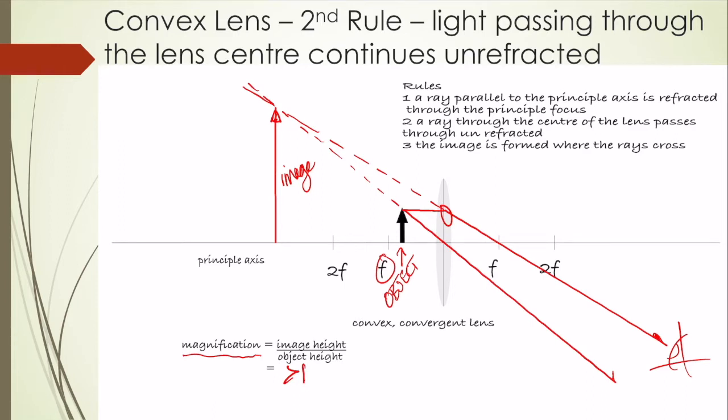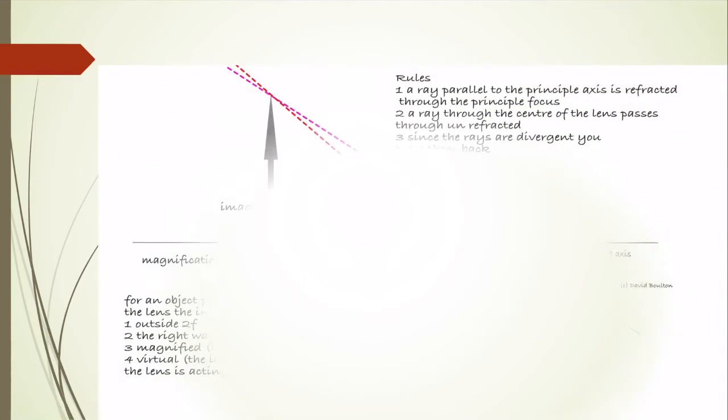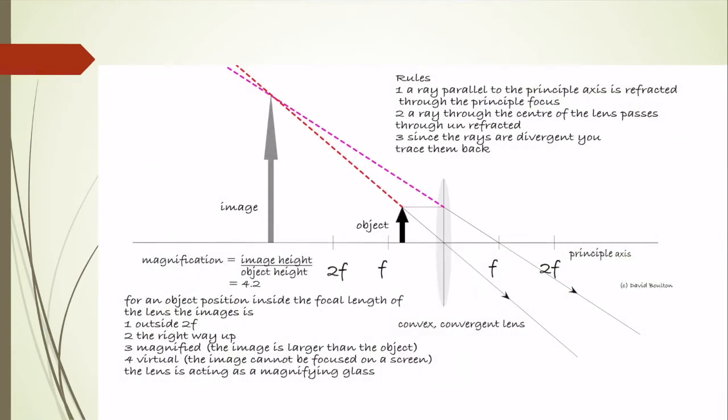It's virtual. We couldn't put a screen at this point here and focus an image onto it. It's a virtual image. It's the right way up, and it's outside 2F. There's 2F and it's outside 2F. Let's have a look now at a proper diagram accurately drawn for that image. And you'll see